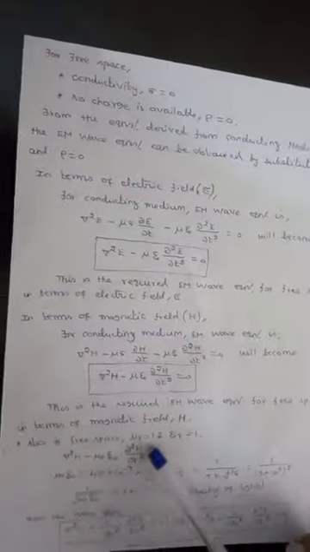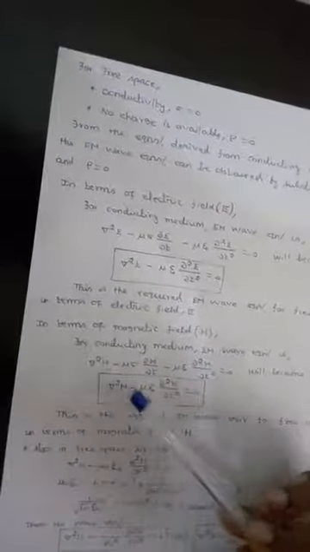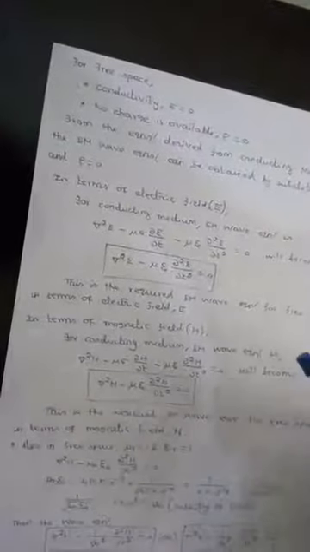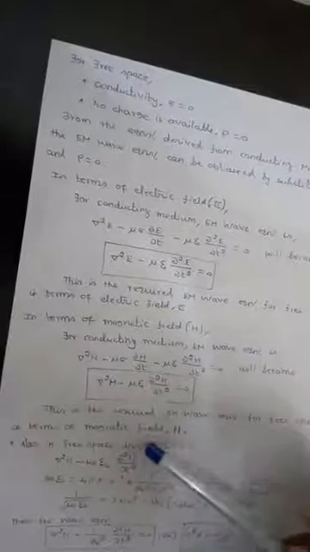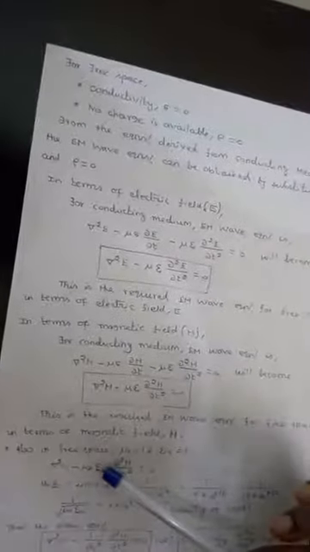Also, one additional piece of information is written here. Also in free space, we know that in air or in vacuum, relative permeability and relative permittivity values are 1. So mu r equal to 1 and epsilon r equal to 1. Now if I rewrite this one, what will happen is del square H minus, where mu is equal to mu naught mu r and epsilon is epsilon naught epsilon r. For free space medium, mu r value is 1, epsilon r value is 1. Obviously mu naught will remain, epsilon naught is going to remain.